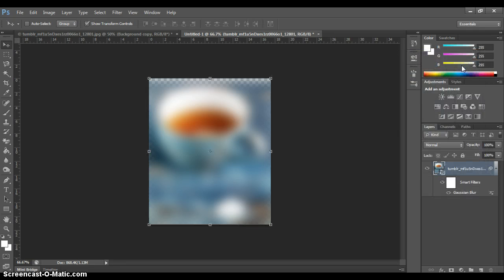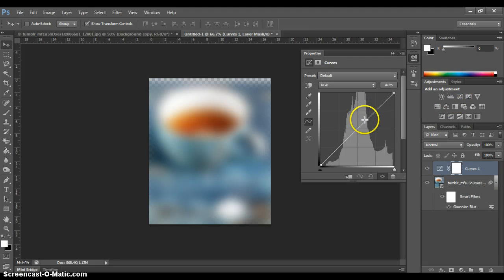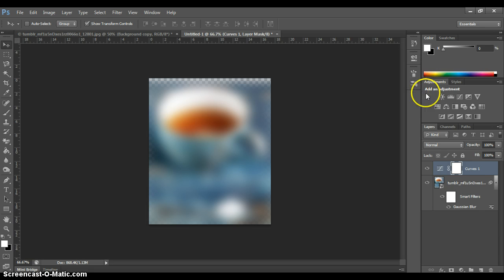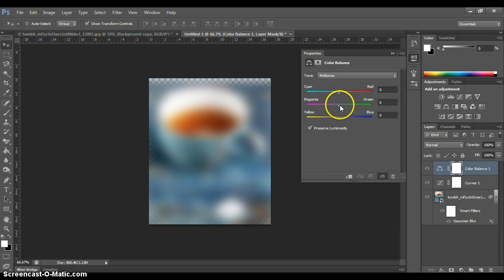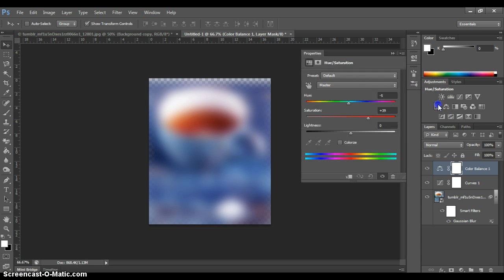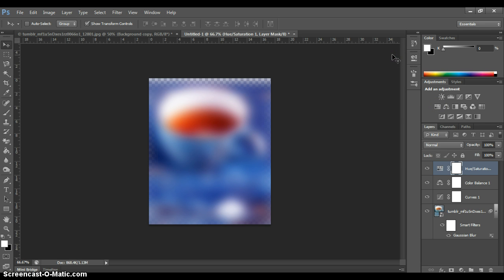I'm then going to just play around with the curves to enhance it, make sure it's really bright. You want a little bit of darkness in there to give some depth. I might play with the colour balance so that I can bring out some colours that might not have been there initially. And I'm just going to play with the saturation and make sure that's really bright. Okay, so that's the first thing that I've done. Oh, I apologise, I've unlocked the image as well, so the image is unlocked, you can work on it with no problem. The next thing I'm going to do is add a new layer,